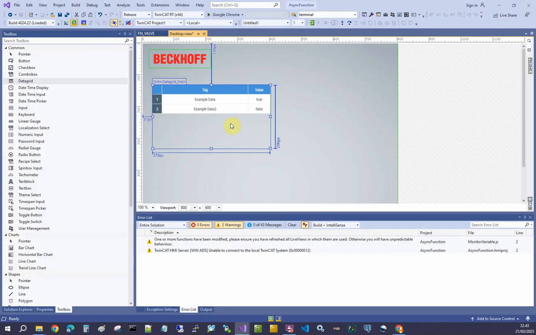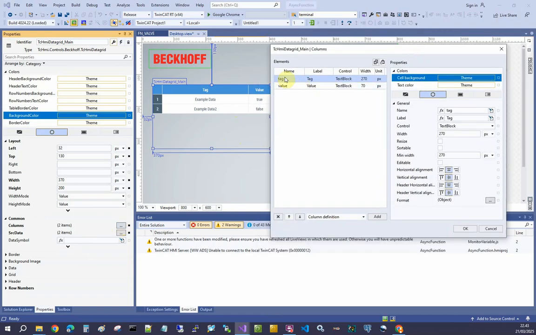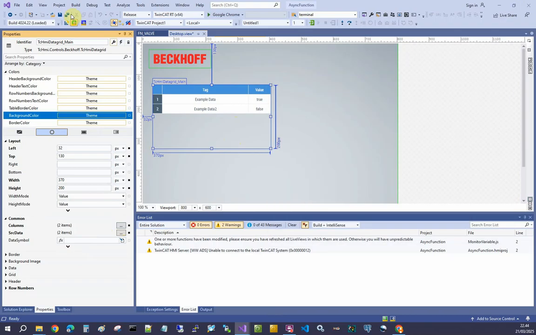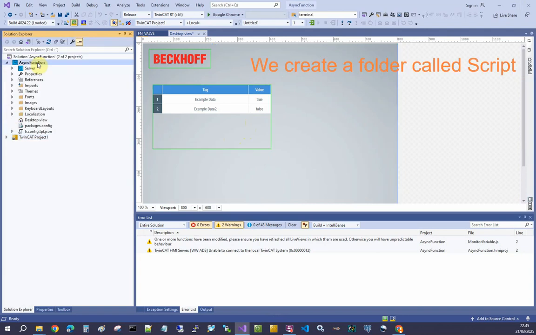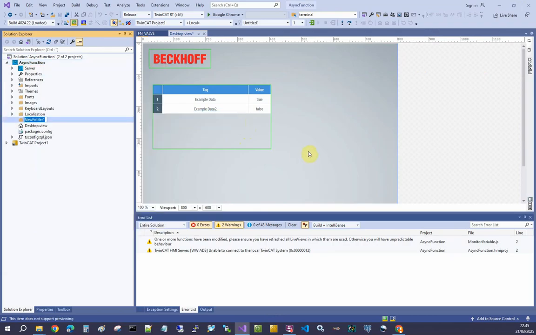Right. So I have changed it, and now if we see the properties, we have 2 items, and there is a tag and value. Those are very important. One important thing is that we put it that name, tc data grid underscore main. So we name it like script,